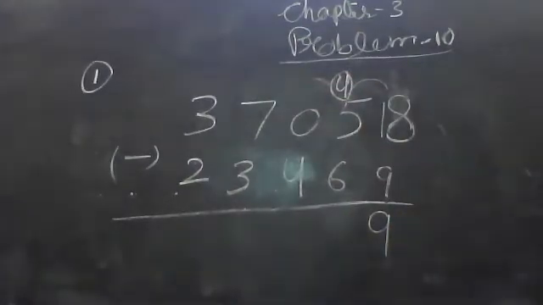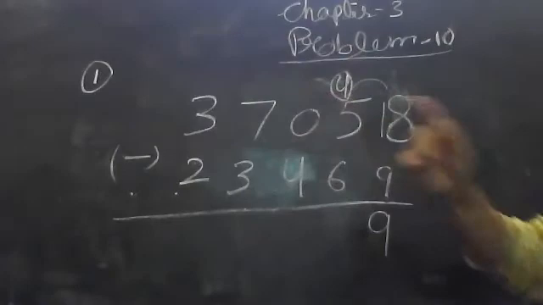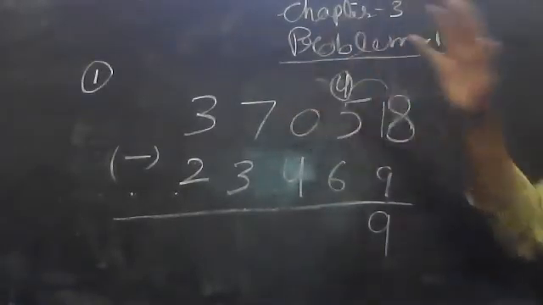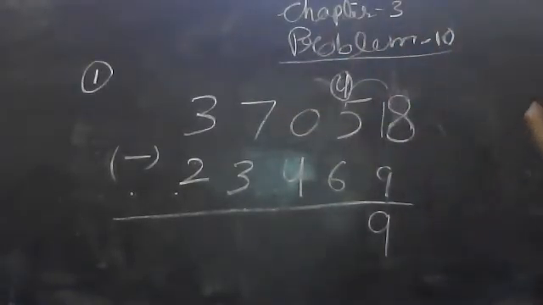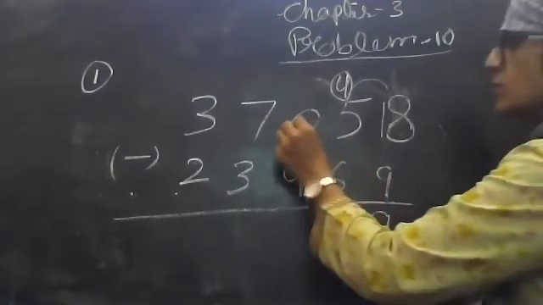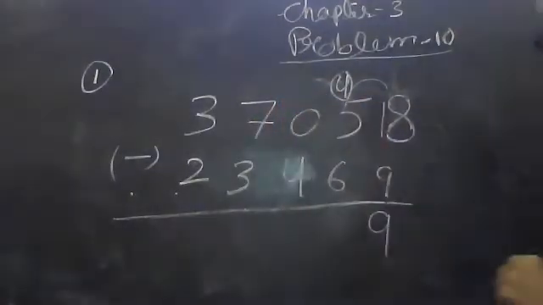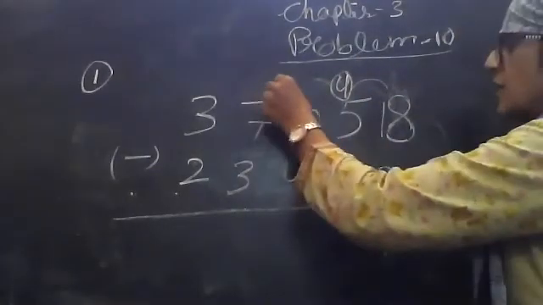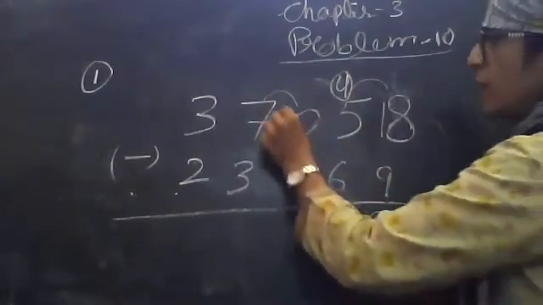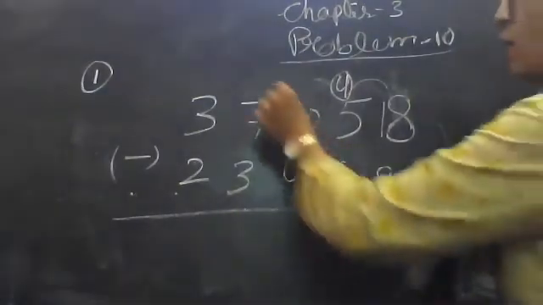0 की कोई वैल्यू नहीं रहती, तो 0 की जब कोई वैल्यू ही नहीं रहती है तो हम इससे नंबर बोरो कैसे करेंगे? तो बिल्कुल नहीं हो सकता. तो 0 के बाद का नंबर कौन सा है? 7. तो हमको अभी क्या करना है? 7 से बोरो लेना है. ठीक है, हम 7 से बोरो ले रहे 0 पे, तो यहाँ पे हो जाएगा 10 और लेकिन यहाँ पे